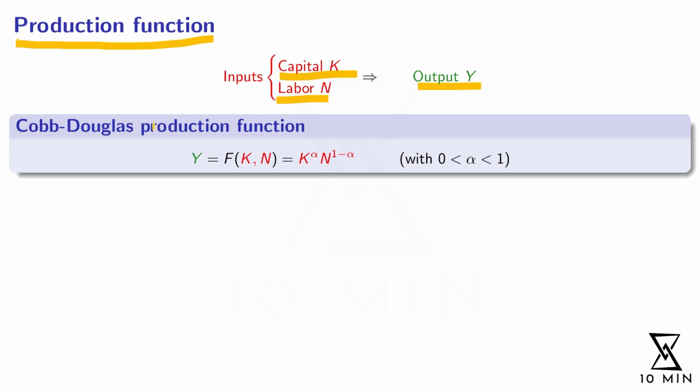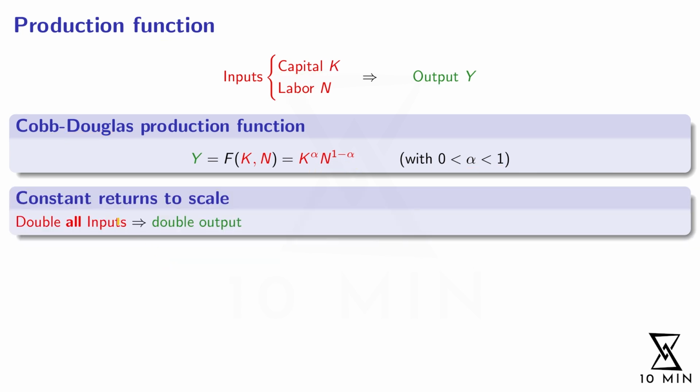So let's look at our production function that combines capital and labor to the output. And as a particular example, we use here the so-called Cobb-Douglas production function. This Cobb-Douglas production function, as an example, multiplies the amount of capital and labor that we use in the production process. And we take capital to the power alpha and labor to the power 1 minus alpha, where this exponent alpha is usually strictly between 0 and 1. This Cobb-Douglas production function is often used in exams and tests, but also has some properties that make it rather convenient to solve the Solow model.